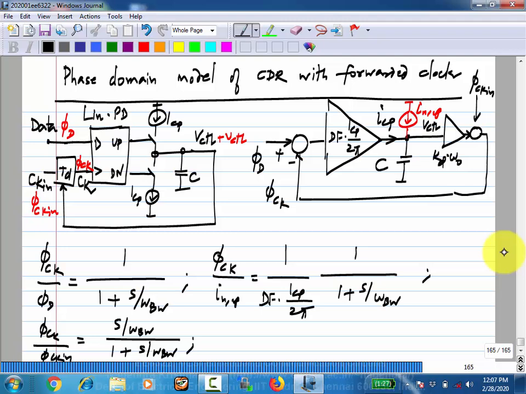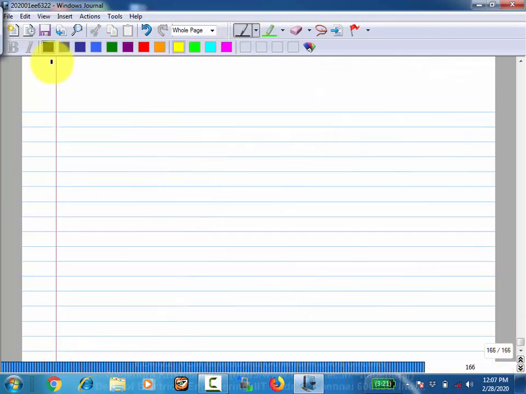Now I will show all those metrics with this. Some of them make more sense when you don't have the forwarded clock, or they will not be such a big issue here, but there it may be a much bigger issue. Okay. So typically the things that you would measure when you have a clock and data recovery circuit, what you are required to present are